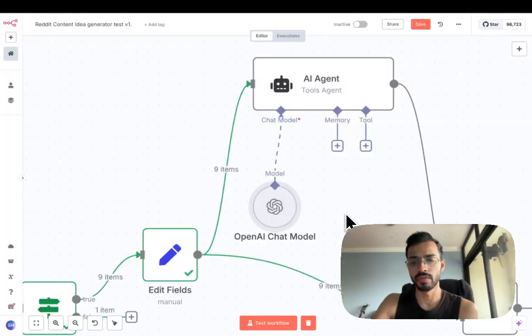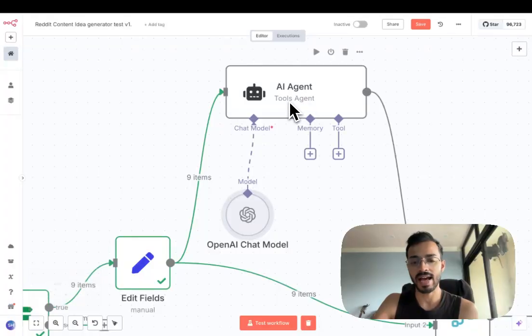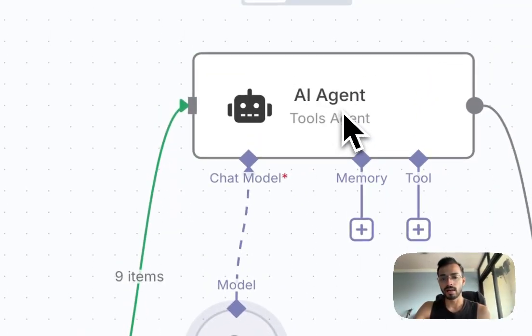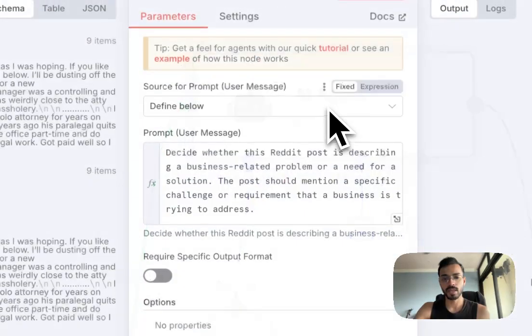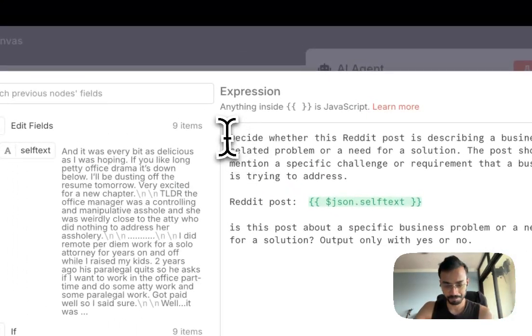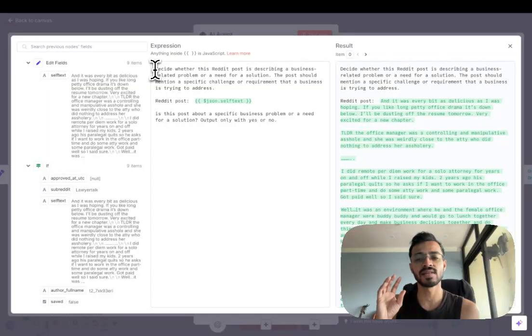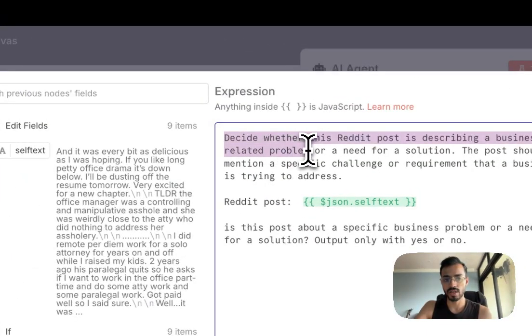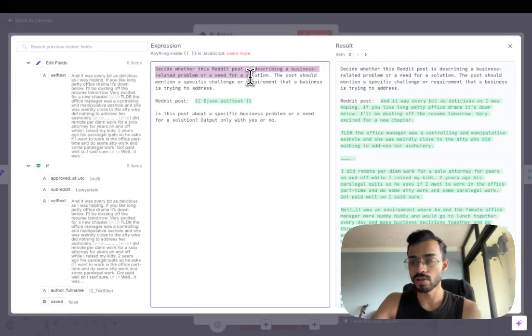Maybe I'll do a video on this later on, but for now, what you want to look at is this AI agent. This has a specific function. If you click on this AI agent, you will see that I've added a prompt message here, which is the instruction that I'm actually sending out to the AI agent, instructing it what to do. So I'm asking it to decide whether this Reddit post is describing a business-related problem or a need for a solution.